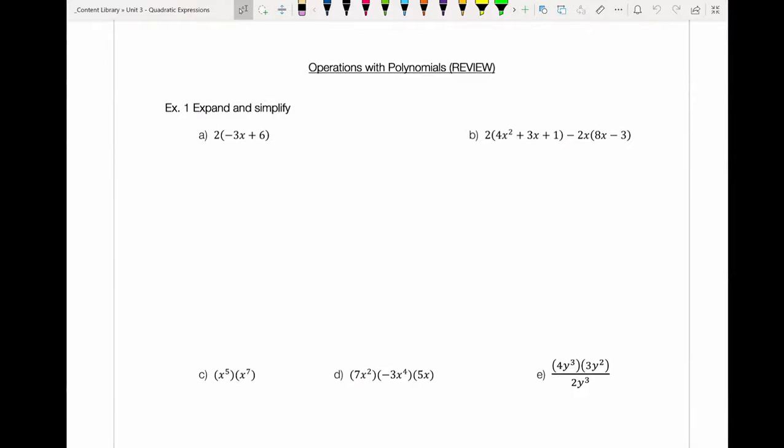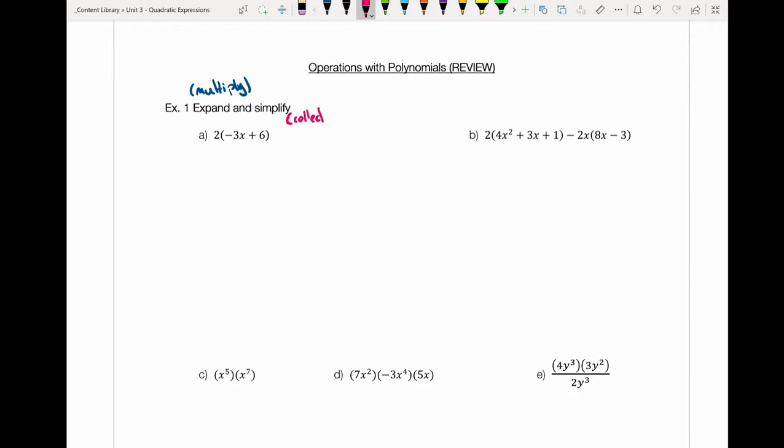In today's note, we are going to do a quick review of some operations with polynomials. This is just going to look at some of the basics of operations, just to help us get ready for the next unit. What we want to do in all of these examples is basically expand and simplify. Expand, if we're not sure what that means, basically means multiply. So when we're expanding, we're usually multiplying, and simplifying means